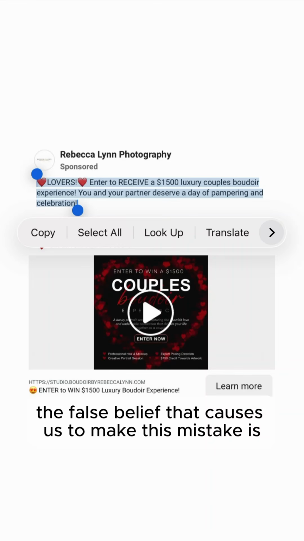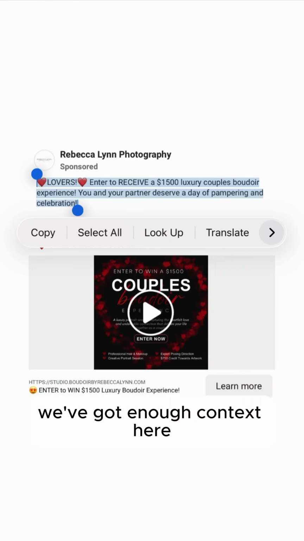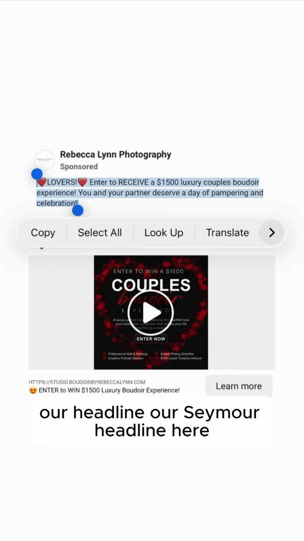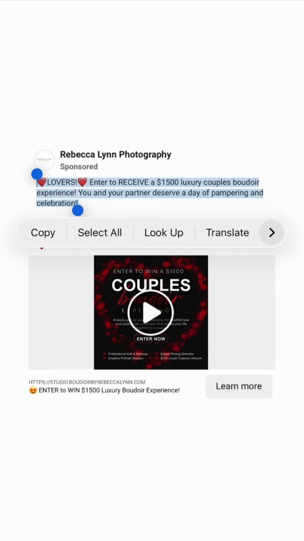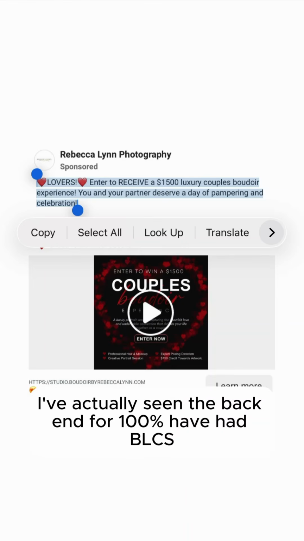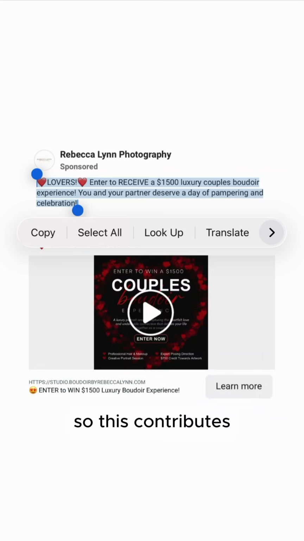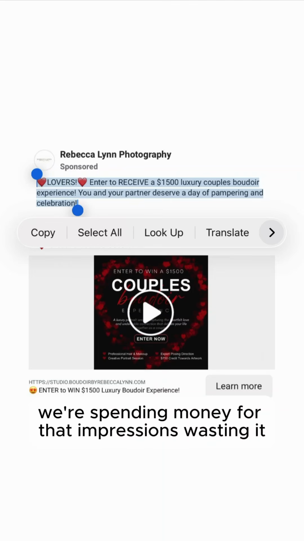The false belief that causes us to make this mistake is we believe that we've got enough context here to actually bring in more buyers, bring in more of who we want to bring in, and our see more headline here looks kind of like what other boudoir photographers are doing, so it's probably good enough. But every other boudoir Facebook ad I've actually seen the back end for, 100% have had BLCS, boudoir low click syndrome, because everyone's making the same mistakes. So this contributes to more women scrolling by our boudoir Facebook ad than necessary. We're spending money for those impressions, wasting it,